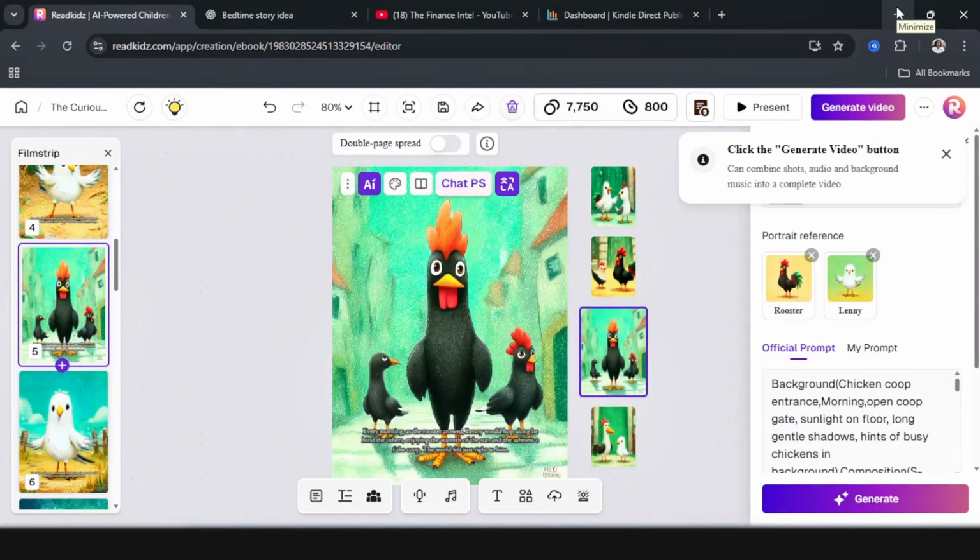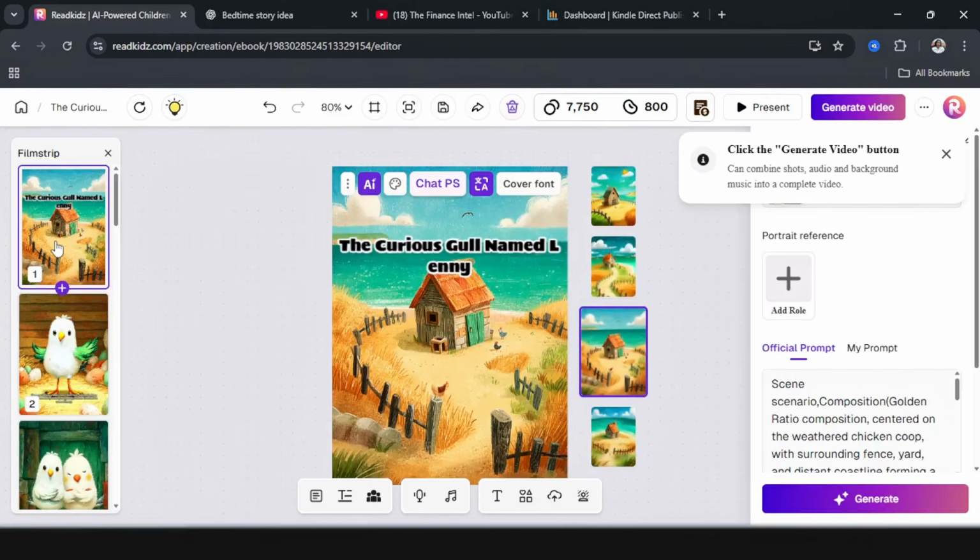So now this particular tool has gone ahead to give us the finished book of this children's storybook from start to finish. And you can see that everything was literally done by the AI. I didn't have to do the generation manually. This actually helps save you a whole lot of time, and all you need to do is probably just do